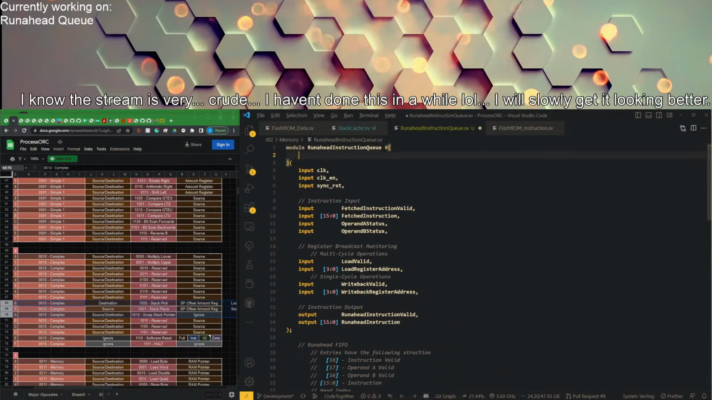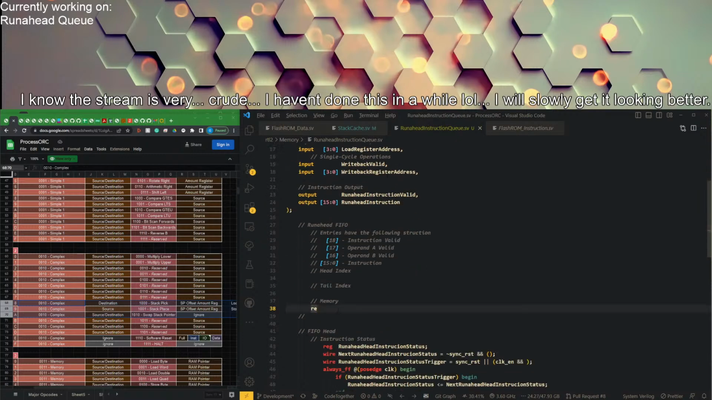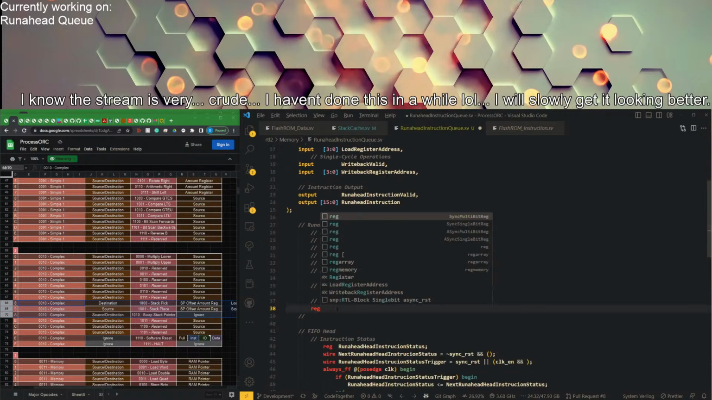I'm gonna make the run ahead depth parameterizable. I'm gonna go 32 deep. I have no idea if that's a good number or a bad number, but at some point I want to have